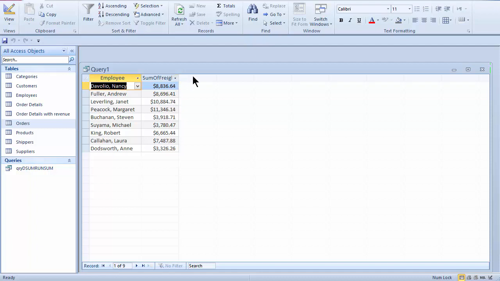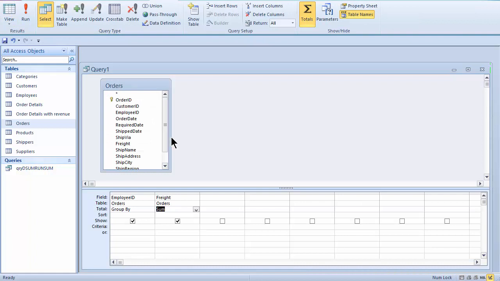But I'd like to add the order date field inside of here, and then have the user specify exactly what dates they'd like to sum up the freight charge for each one of my employees. So back in Design View, I'll bring in the order date. And then under the order date, I'm going to say something like, using a wildcard, like, and then in square brackets, I'll say approximate